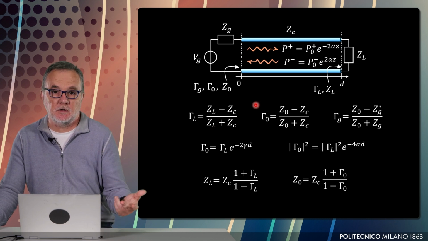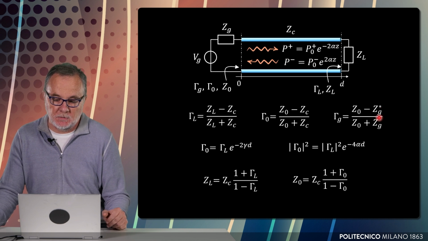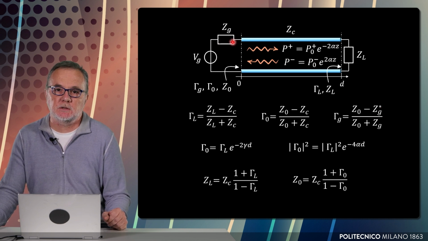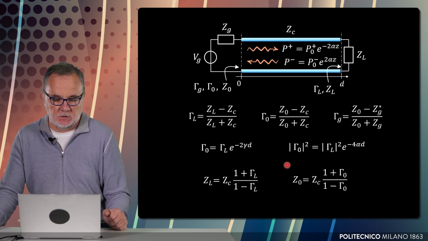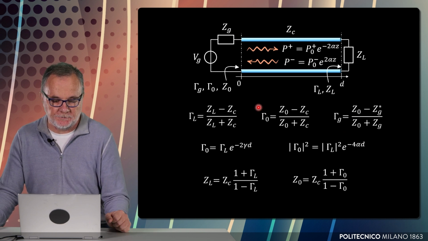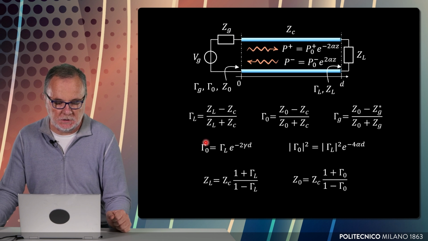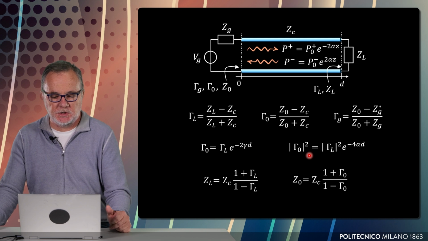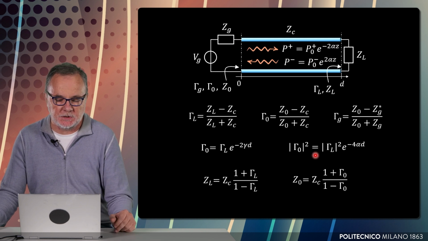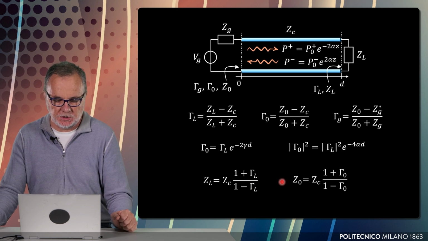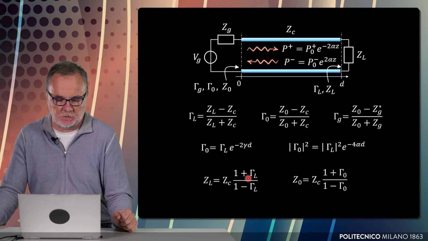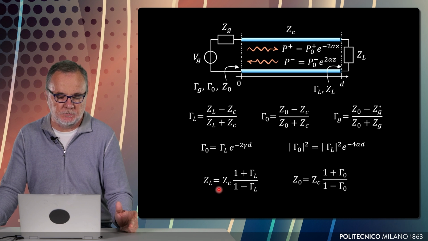And then we have a third reflection coefficient, but with a modified expression, computed with respect to the complex source impedance. The expression is this one. So we also know how to transform from gamma L to gamma naught. This is the transformation expression. Therefore, the transformation expression also refers to a change in the magnitude of the reflection coefficient. So the relationships between the impedance and the reflection coefficient are recalled here for both ZL, gamma L, and Z naught, gamma naught.